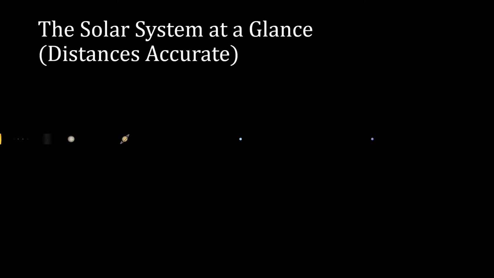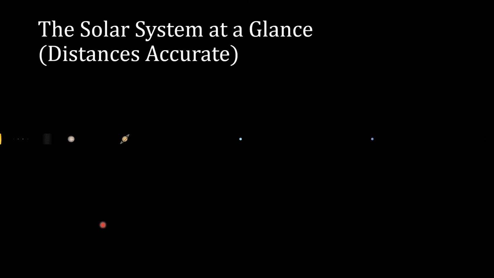Here's the other thing that makes it difficult to draw an accurate picture of the solar system. In this one, it says distances accurate. So the previous slide had the sizes of the planets accurate relative to one another. In this one, the sizes of the planets, just looking at the picture, it looks like the sizes are